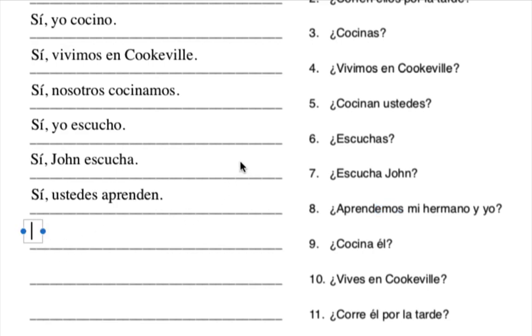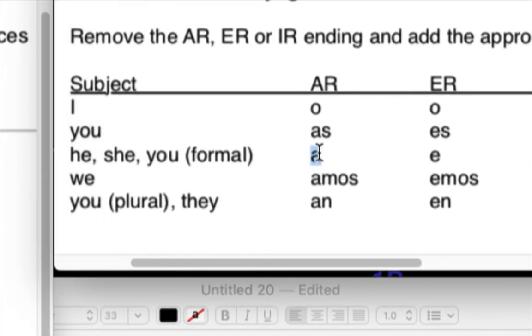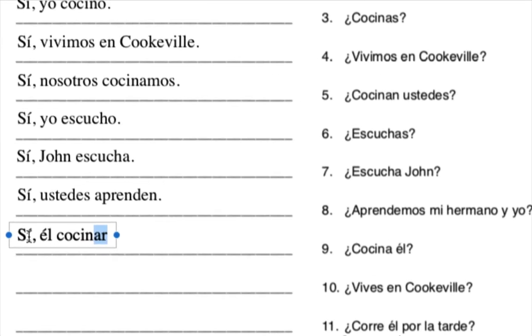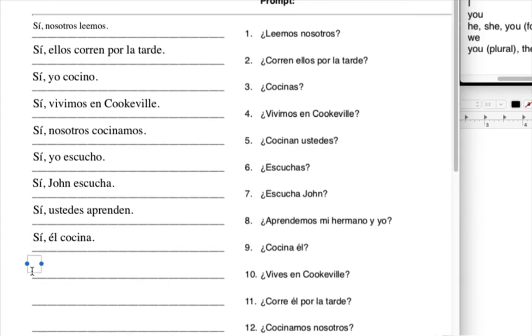Number 9, does he cocina? Does he cook? Is what it's asking. Cocinar again was to cook. They took off the AR. They put an A on it there because it had the subject he with it, the subject él. So does he cook? I'm going to say yes, he cooks. Sí, él. Cocinar, take off the AR. An AR verb for the subject he. It's a. So sí, él cocina. Okay. And number 10,